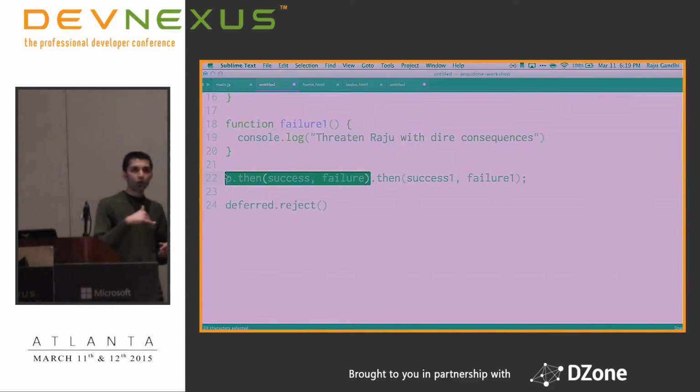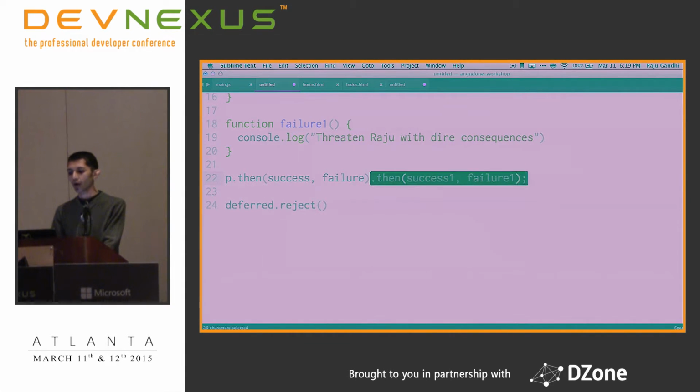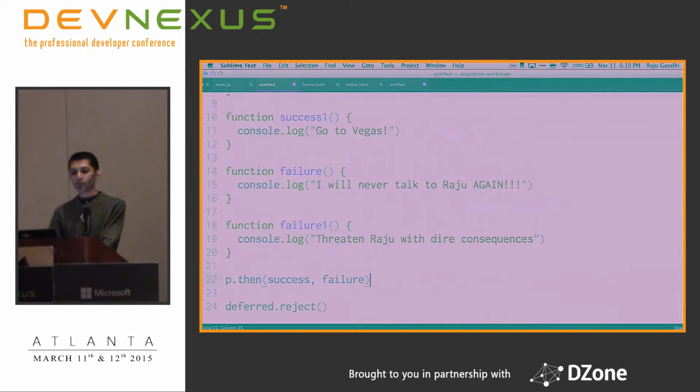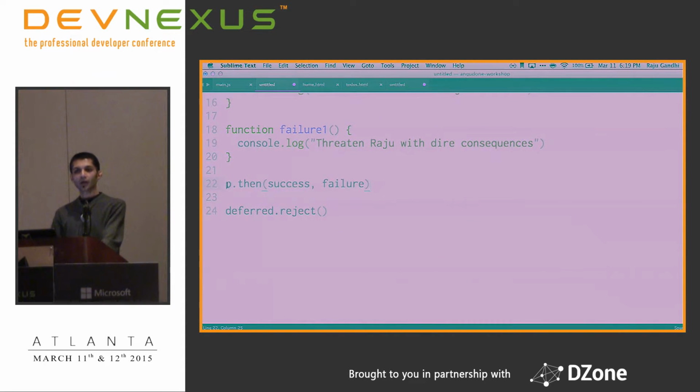Let's say I owe you money, and you owe him a bachelor party. You're waiting on me to pay you. If I succeed, I'll call your success function. I'll show you why this is important in 1 second. Remember this promise object that we got from me? I gave you a promise object. What you can do is you can register this, and what's your name? Scott. You can say,